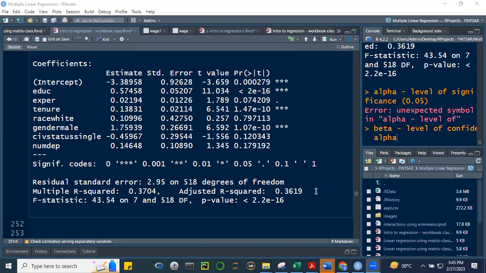That 36.19% of the variation of your dependent variable, hourly wage, can be explained by our model. Okay, so 36.19, kanina 16% lang, just using education. Now, with the other variables, we were able to increase the explanatory power of our model. This is expected, kasi sabi natin, the more you add predictors, the more will be the adjusted R squared,